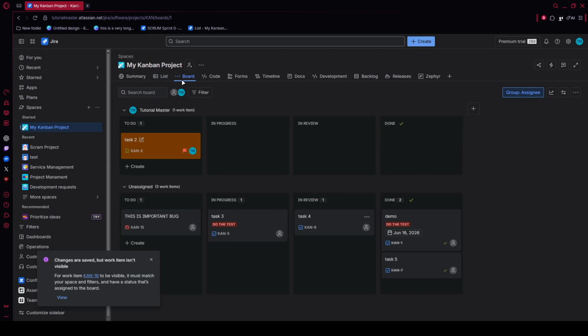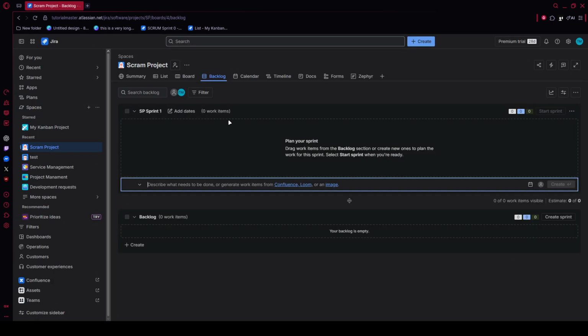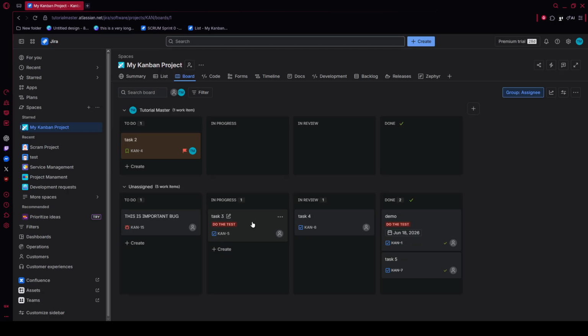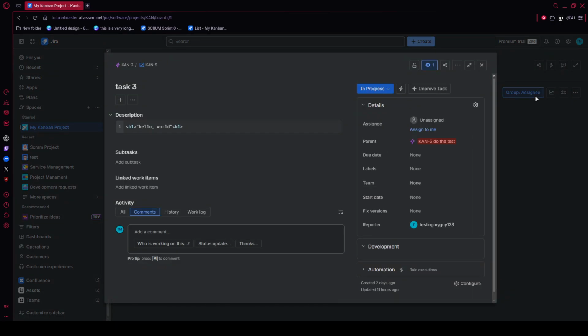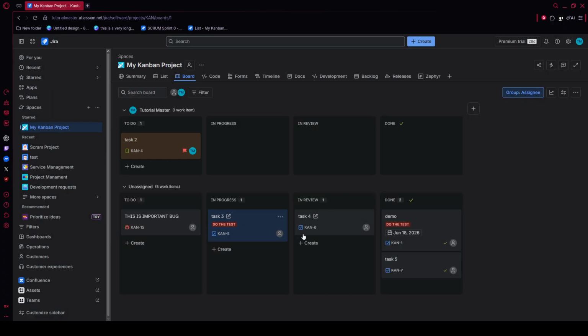After the board opens, you'll see your sprint columns usually arranged from left to right with statuses like to do, in progress, and done. To move a task, bug, or feature request through its workflow, place your cursor over the issue card you want to update, then click and hold it. Drag the card into the correct status column and release it there. This is one of the quickest ways to reflect progress in real time, and it helps the board stay accurate